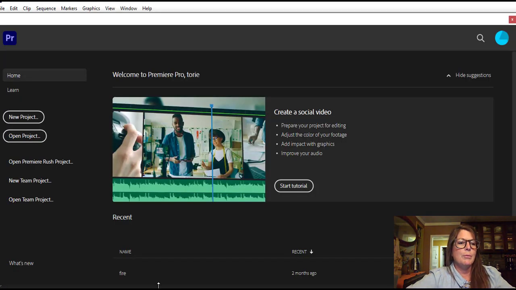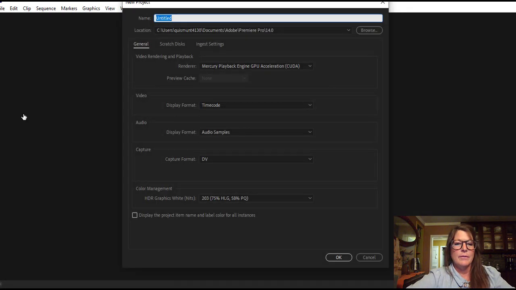When you first open Premiere Pro, you're going to say that you would like a new project. And you'll give it a name. Your screen might look a little bit different. This is Premiere Pro 2020. Your screen might look a little bit different, but it'll be the same concept. You'll get a new project. You'll have to give it a name. So I'm going to name this